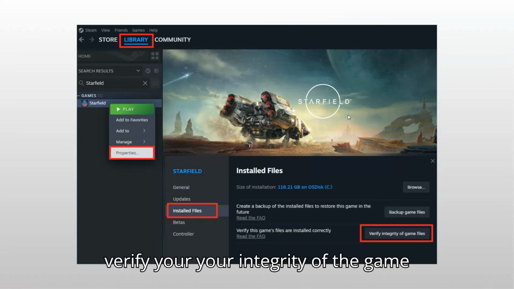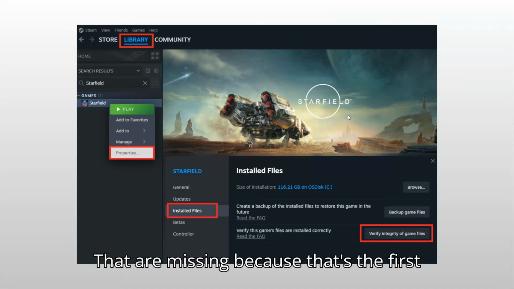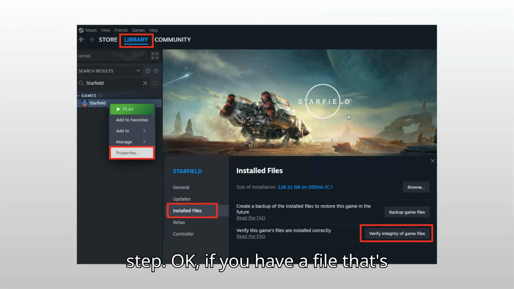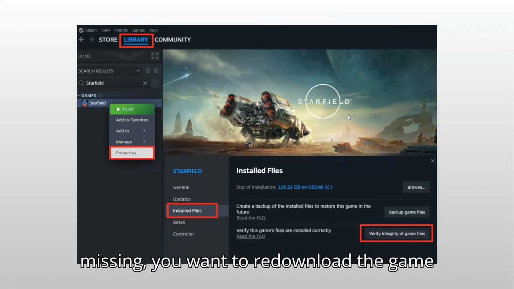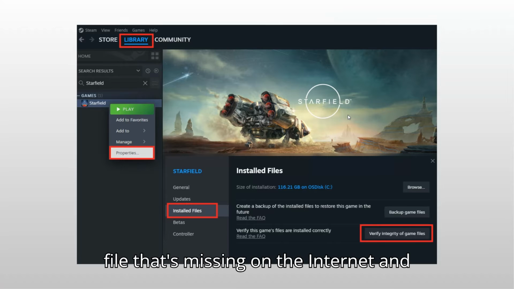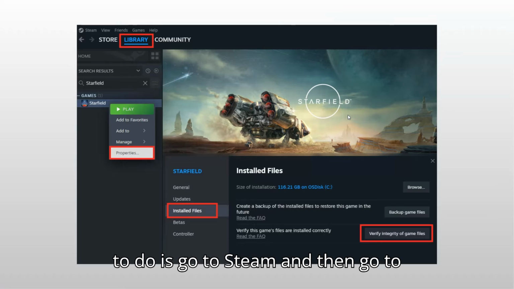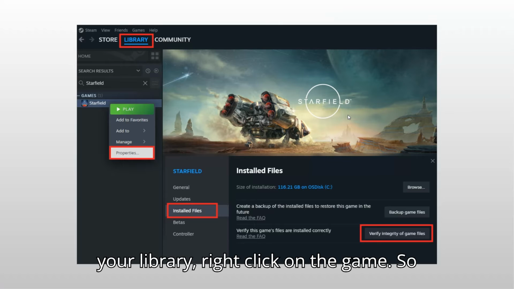Now first you have to verify the integrity of the game files. So verify that you have no files that are missing, because that's the first step, okay? If you have a file that's missing, you want to re-download the game again, or just go and search for a DLL file that's missing on the internet and download it, or see if there is a way to download a missing file. So what you want to do is go to Steam and then go to your library, right